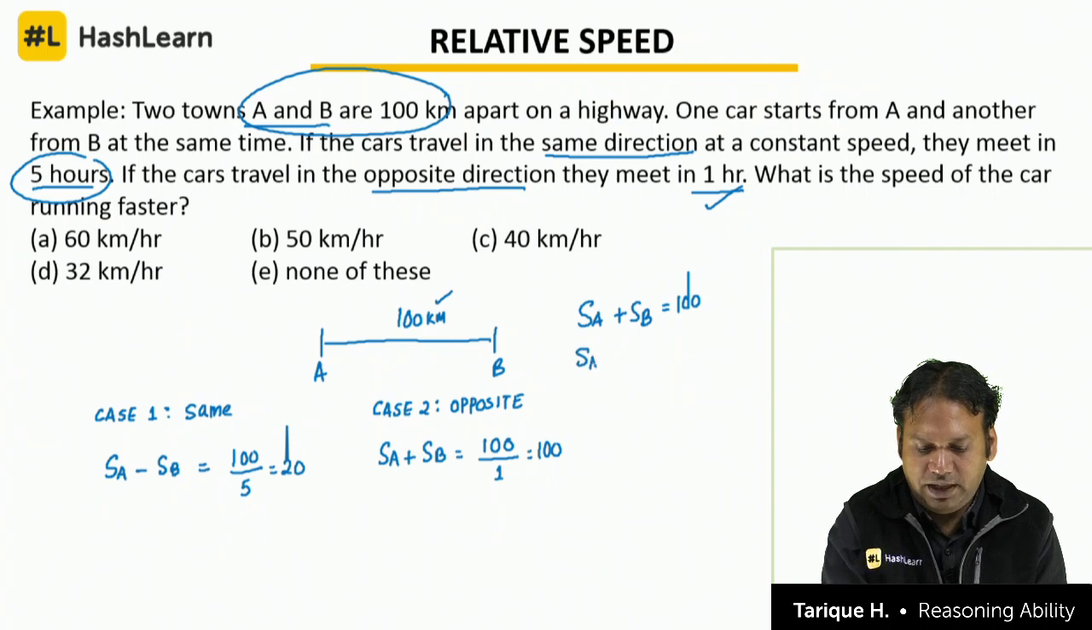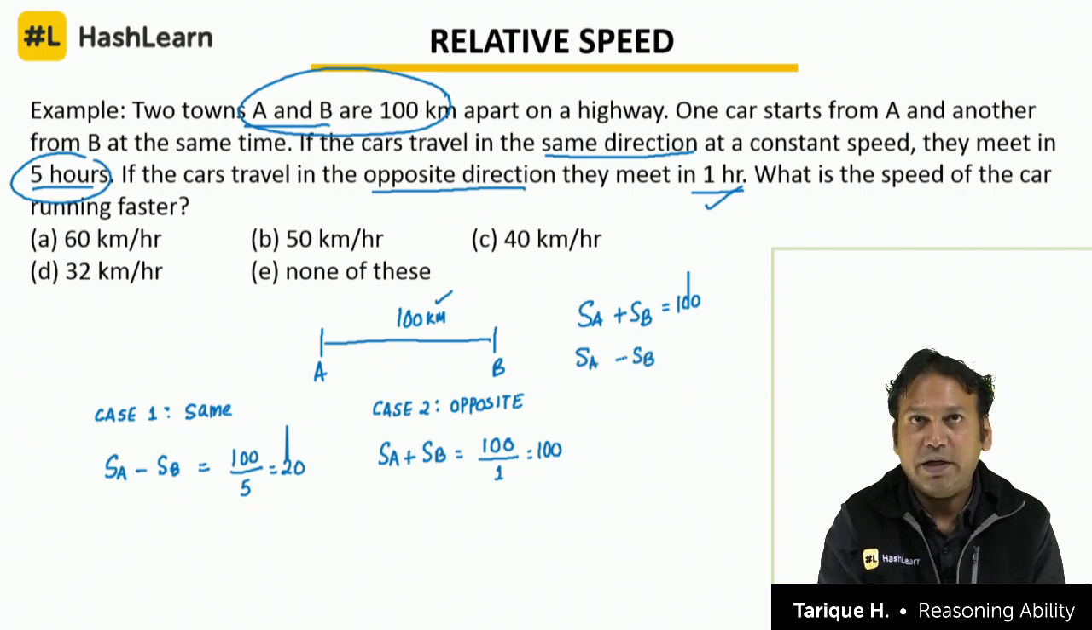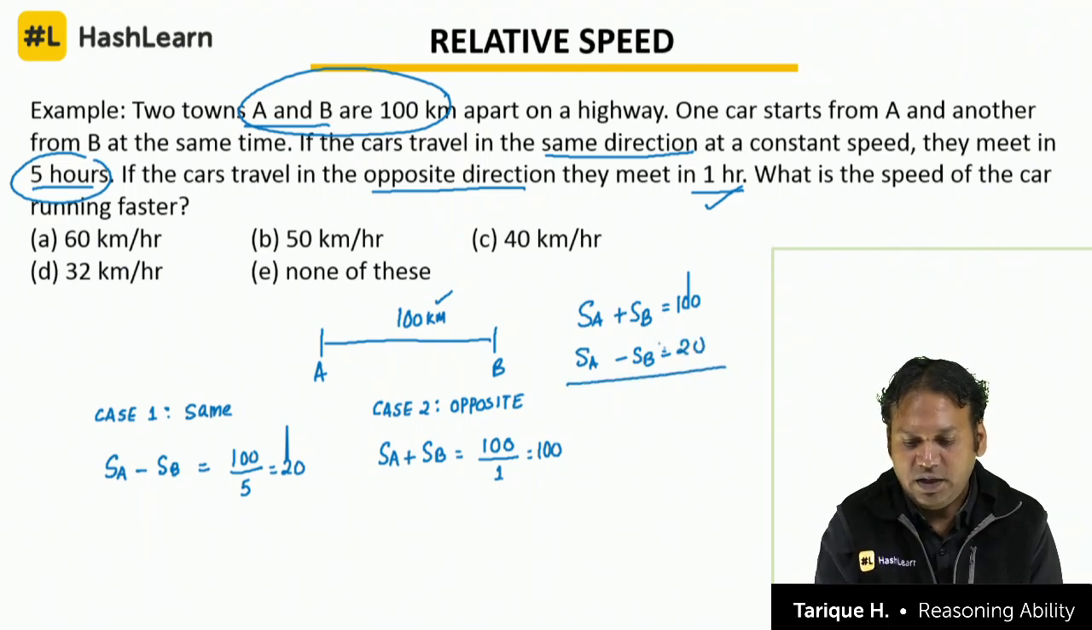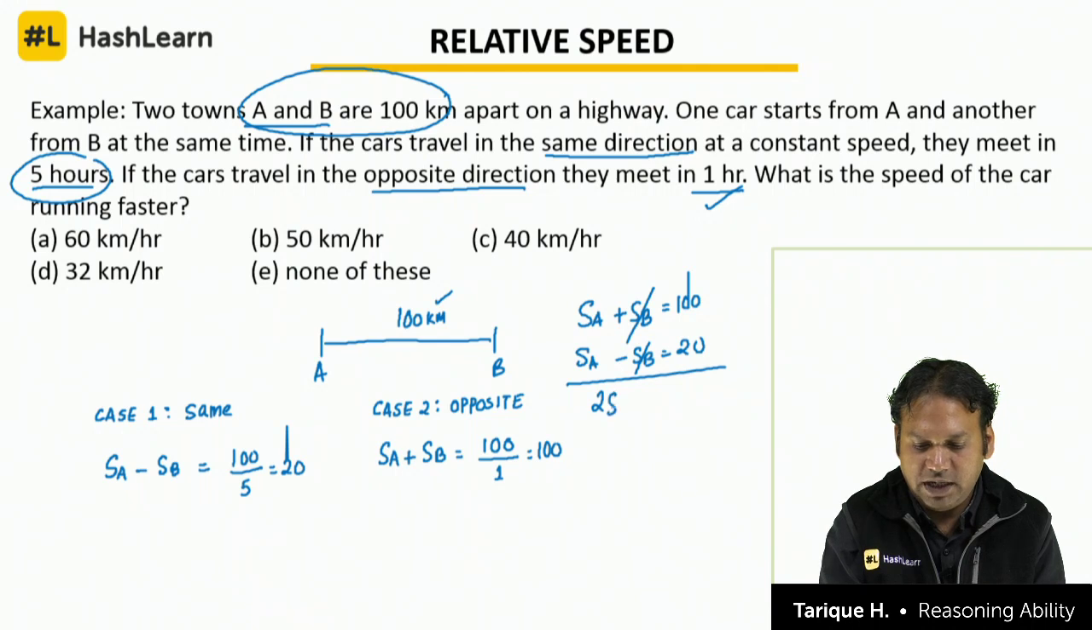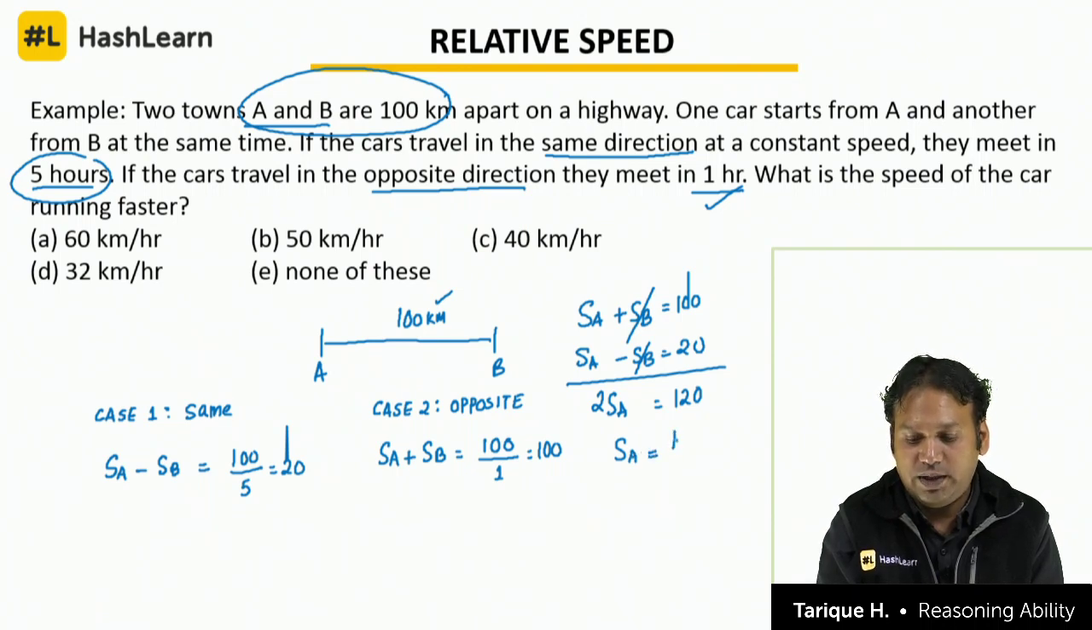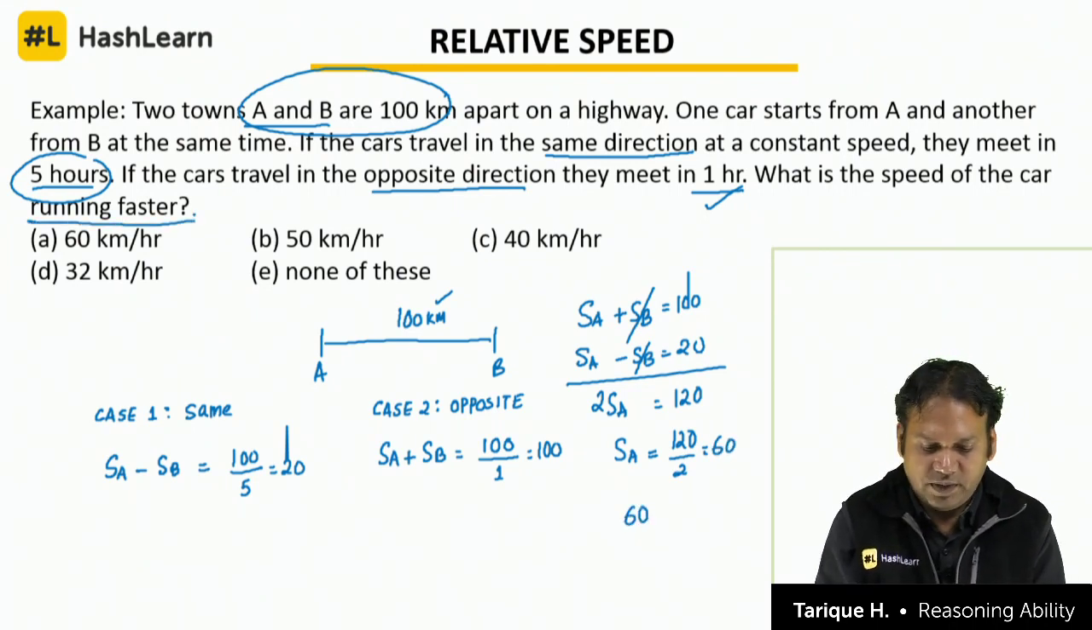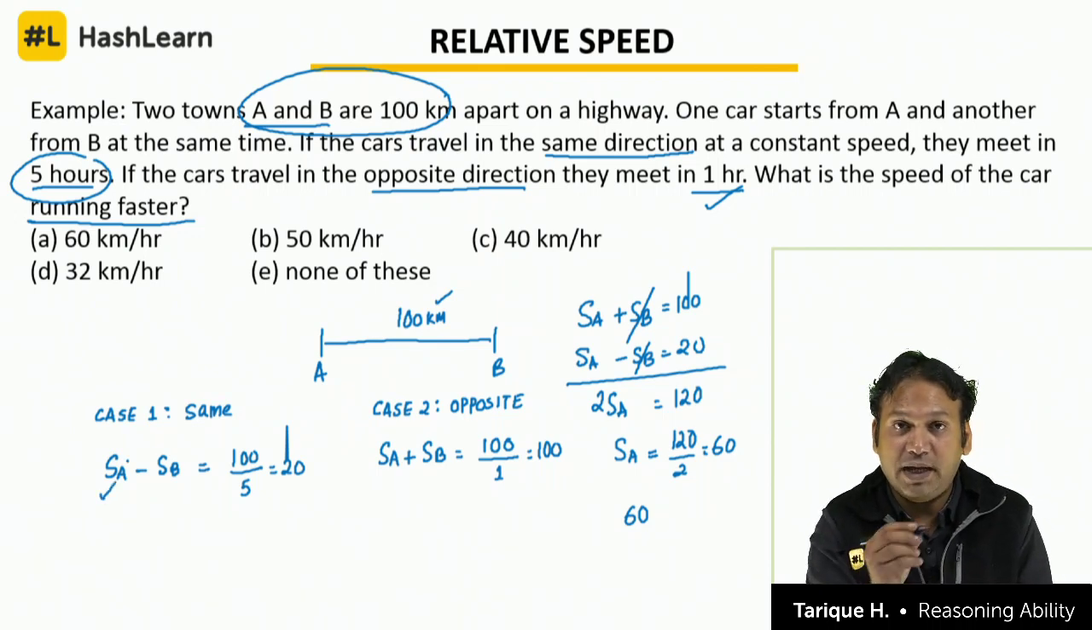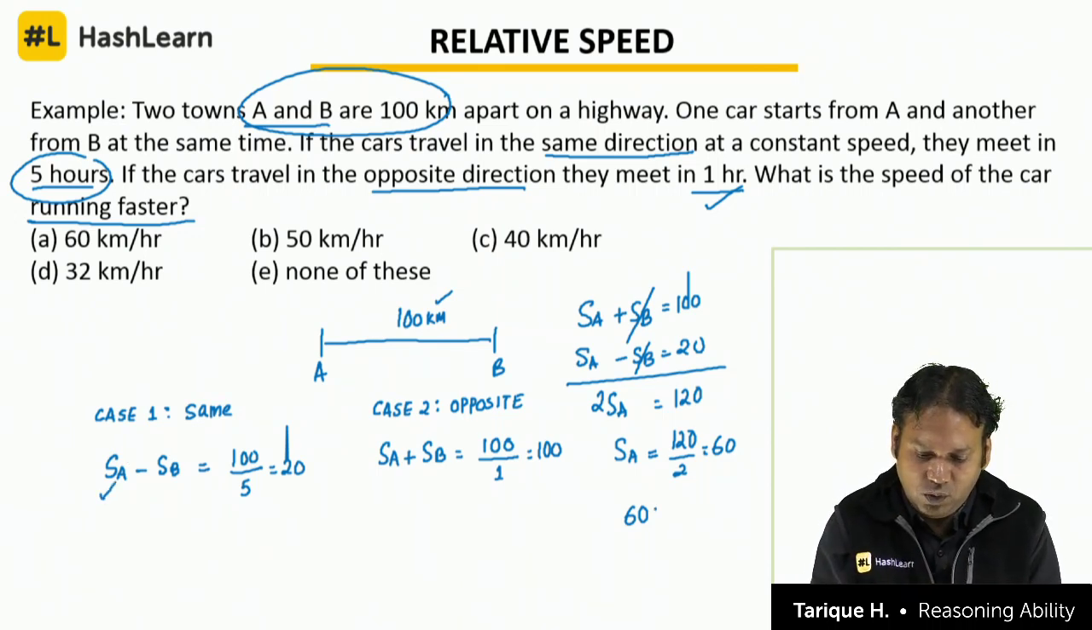and SA minus SB is 20, correct? Two equations are there. Now these two equations we will solve here. SB will get cancelled, 2 times SA is equal to 120, or SA is equal to 120 by 2, 60. So what is the speed of the car moving faster, running faster? Which car is running faster, SA, that is why we are doing SA minus SB. What is the speed, 60 kilometers per hour. So this becomes your answer